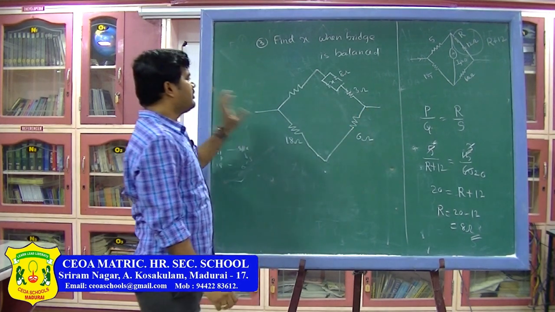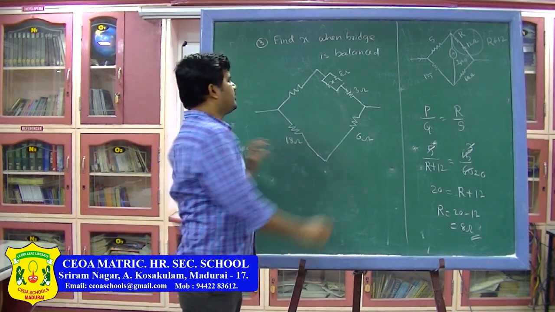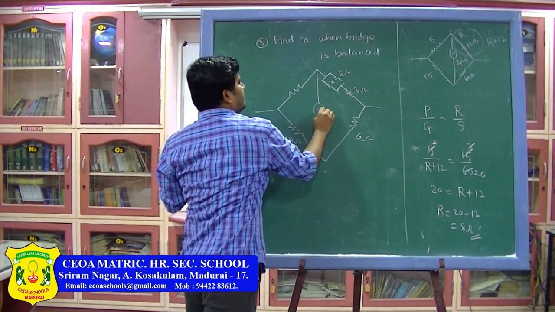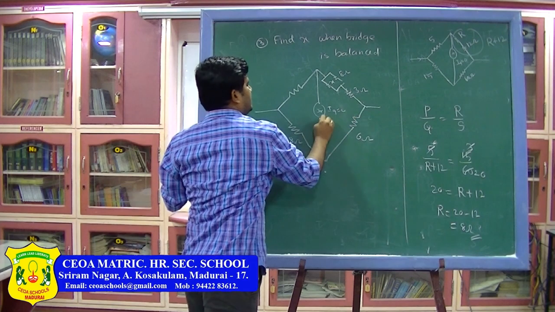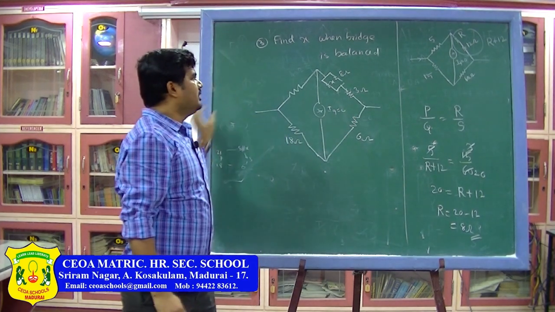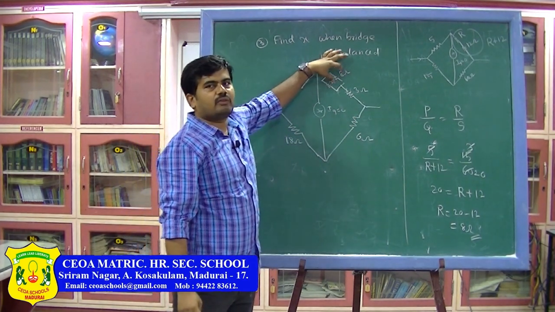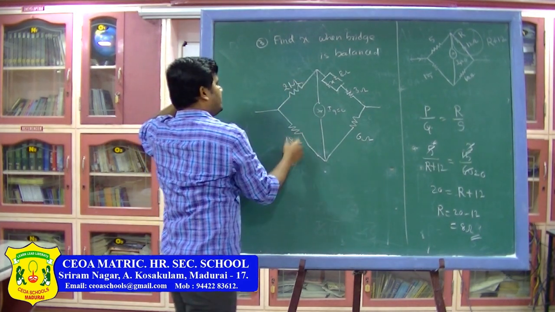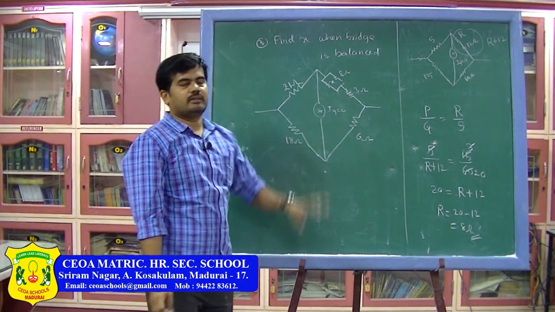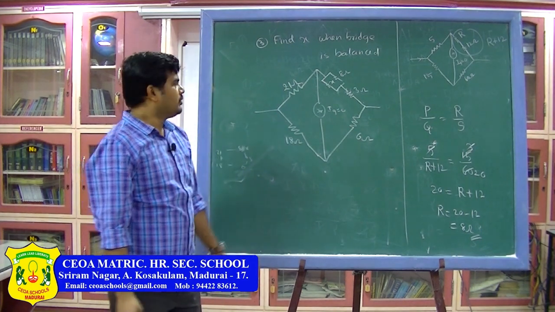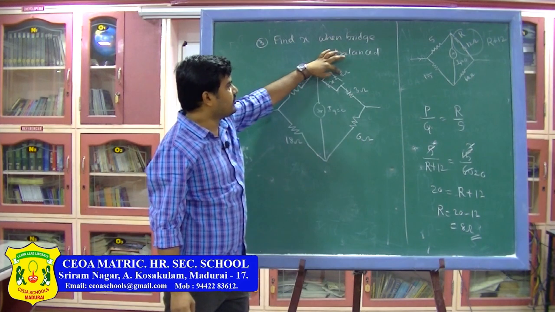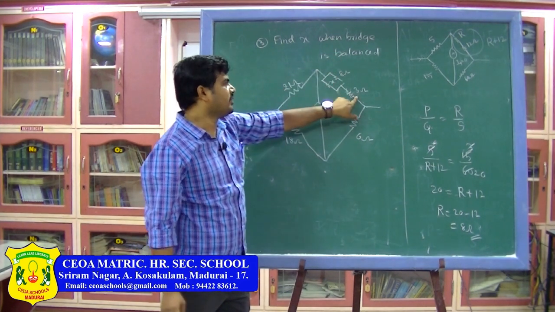So, if this bridge is balanced, that means if you connect a galvanometer here, it will show 0 deflection, Ig is equal to 0. If this bridge is balanced, what is the value of x, or for what value of x is this bridge balanced? So, this value is 21 ohm, this is 18 ohm. Now this is the circuit. Now, let us do this problem. First of all you have to simplify this part, because there are two resistors in parallel and another resistor is in series with that.